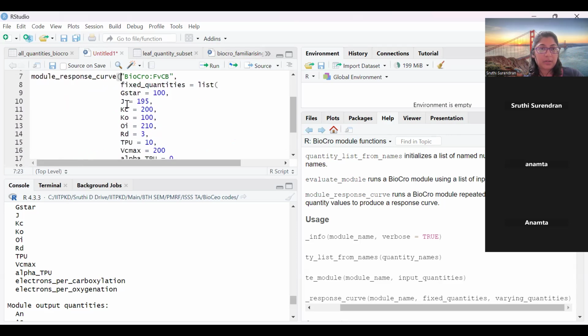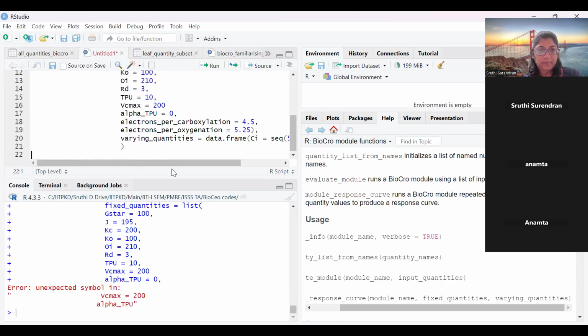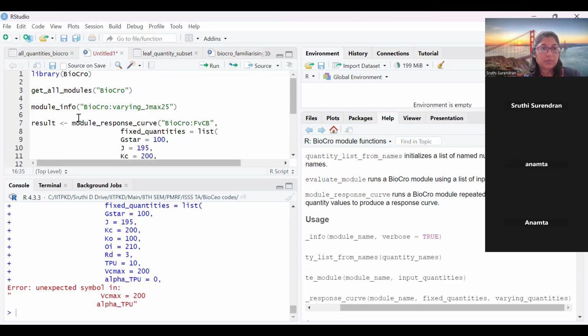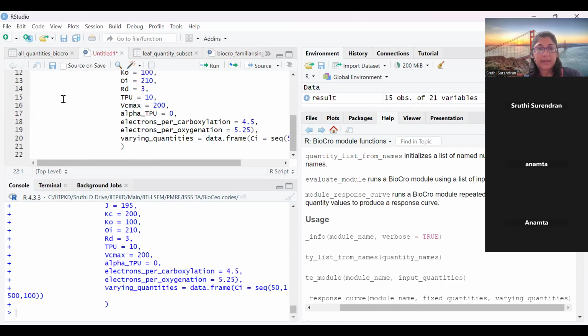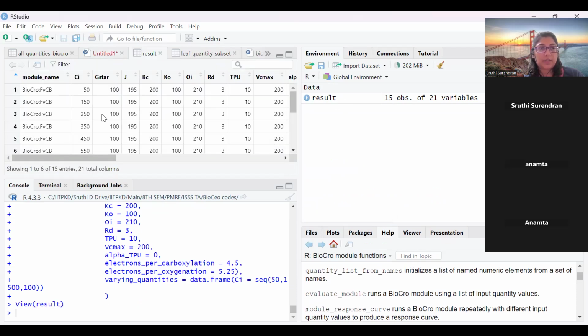So here the bracket is closed. Now we'll run this module. Say we give this result, and there is an error. If you see, after Vcmax, we haven't put a comma. So this is coming as an error over here. So we'll correct it and then run it, and we get the result, which if you type in